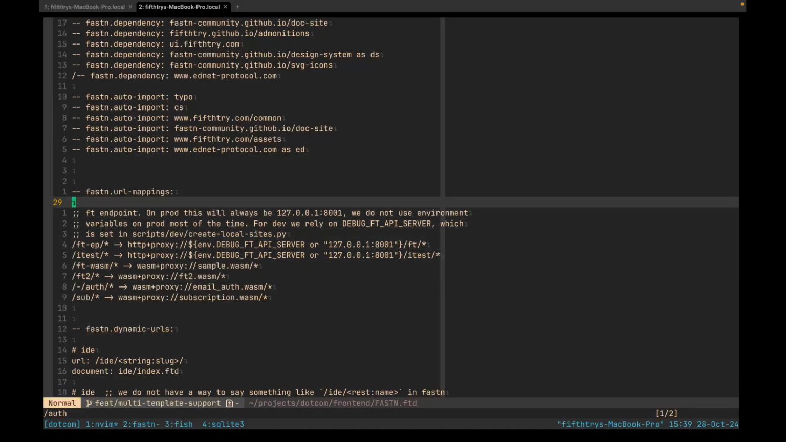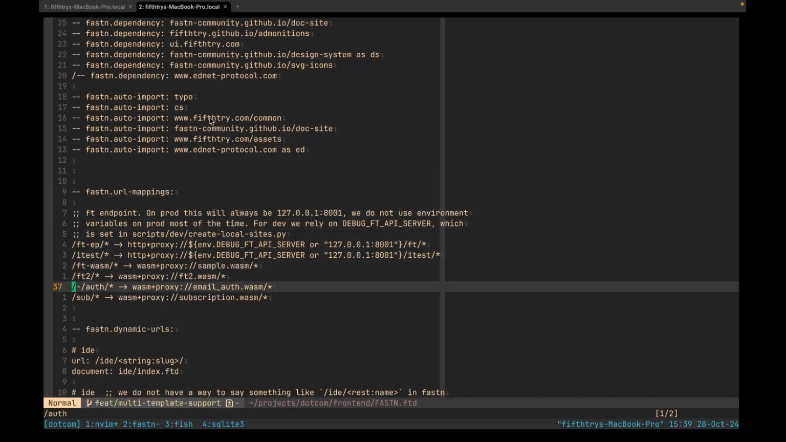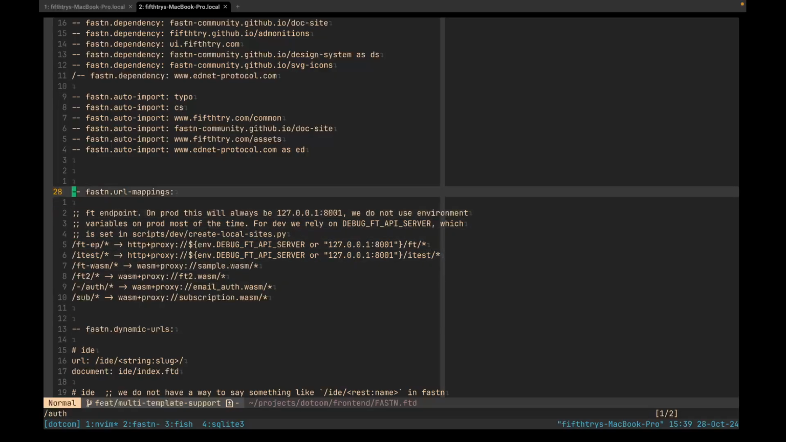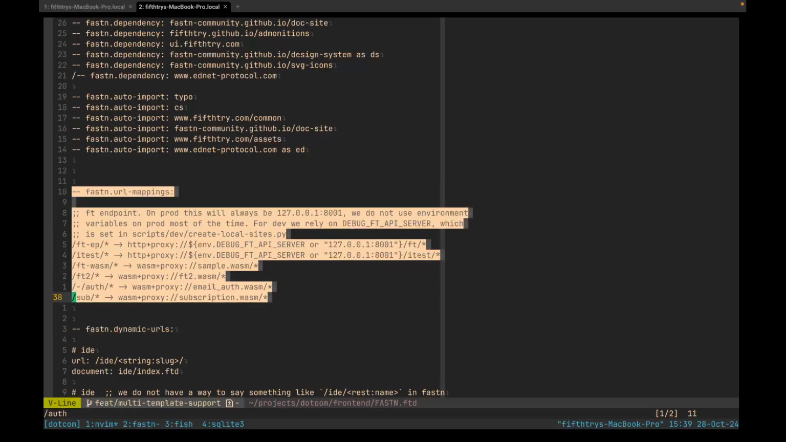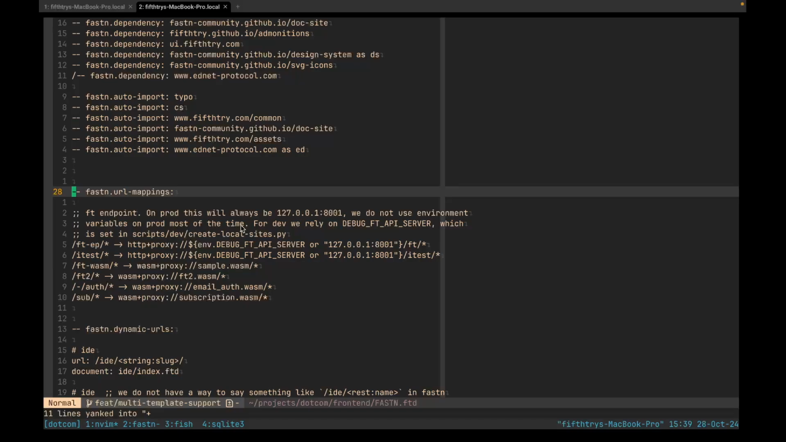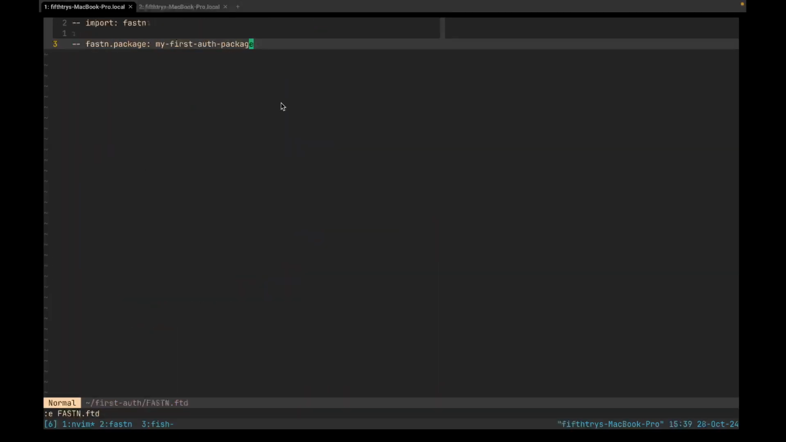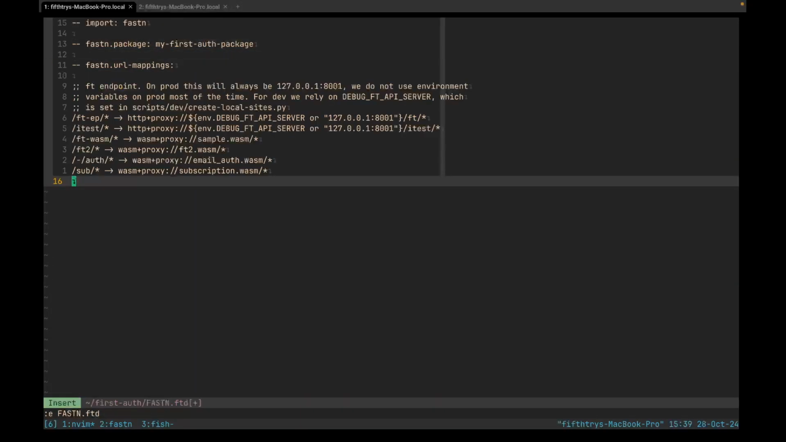So I have to use the URL mapping and do some. I will explain what this is, but I will just copy it from here for now. I should not have copied the entire thing, but it's fine. And I can come to my new project. I will delete everything